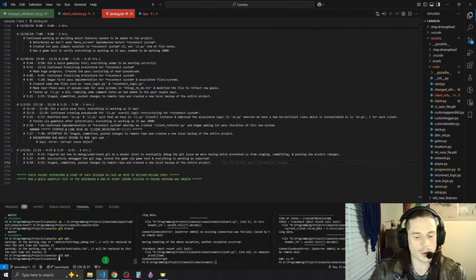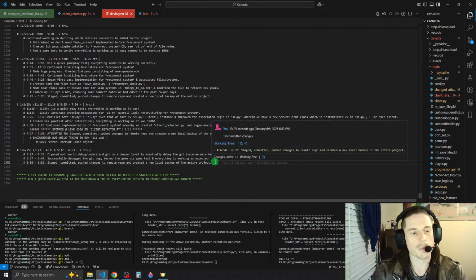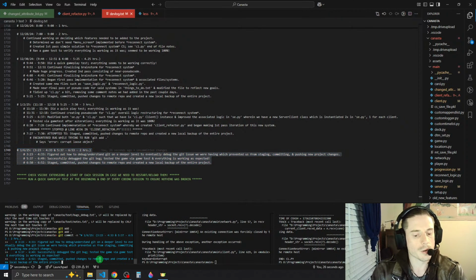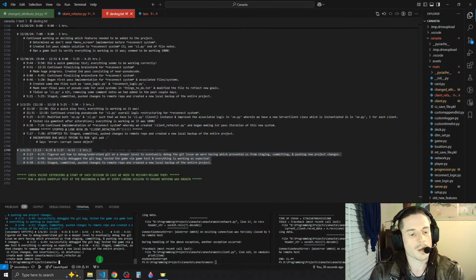Anyway, so let's just do git add again, just to make sure. Now we're going to do git commit -m, and the way that we do it is we copy this entire devlog as our commit message, so we paste it in. Bam, there we go.